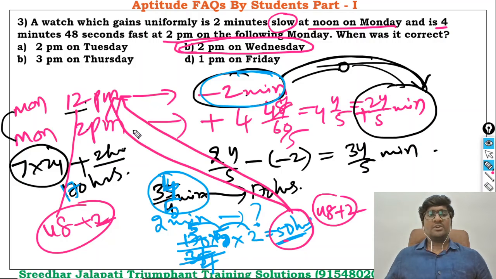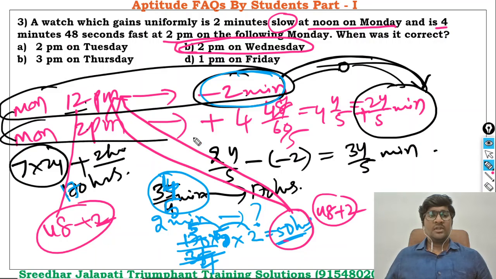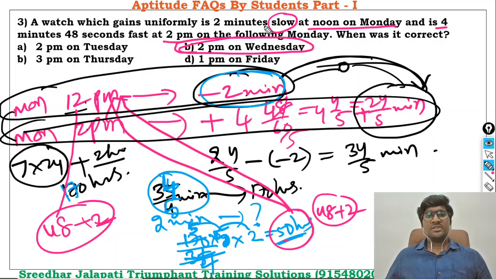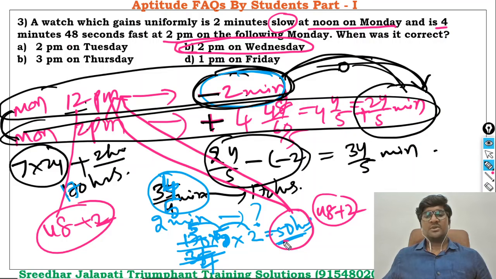So this is how we need to answer all these types of questions. Let me tell you once again the method to answer all these questions. You need to rewrite the question. What do I mean by rewrite? When did you observe the clock for the first time, and what is the nature? When did you observe the clock for the second time, and what is the nature? In these questions, slow is minus, fast is plus. So how many minutes did it gain in the gap, and for that how much time did it take? For these many minutes over this gap, then initially whatever the slow, that is 2 minutes slow, to gain those many minutes, how much time does it take? In this question we got 50 hours. Whatever the 50 hours, you should add it to the beginning time, that is Monday 12 p.m.